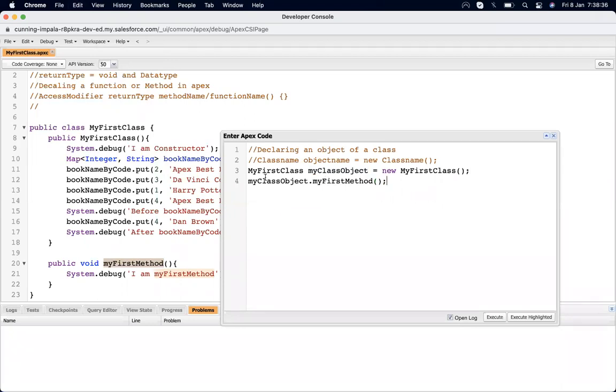Okay. So what this code will do, it will first execute the constructor of the class. It's a property that whenever we declare a class, the first thing is that it will execute its constructor, and after that, since we are calling its method, it will execute the method.